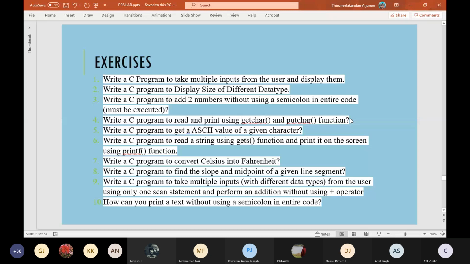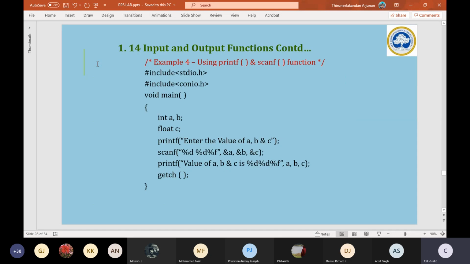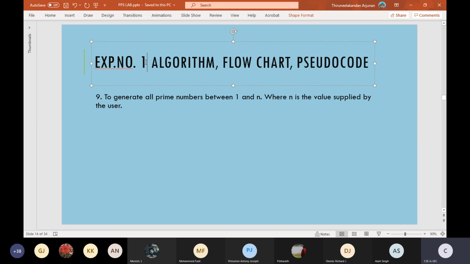So now this is the second exercise. Better I should have included the name also here. What is the second exercise name? Yes, this one.